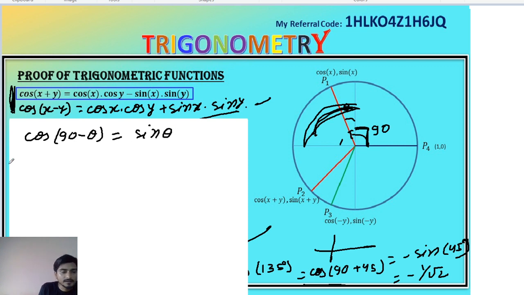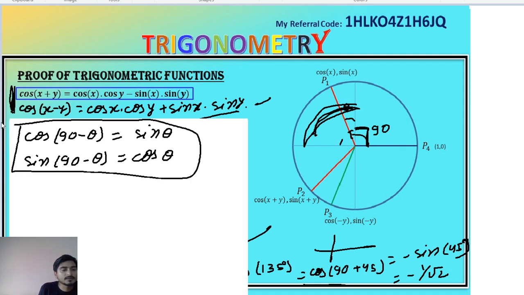Otherwise also, sine of 90 minus theta is cos theta. So using either of these,